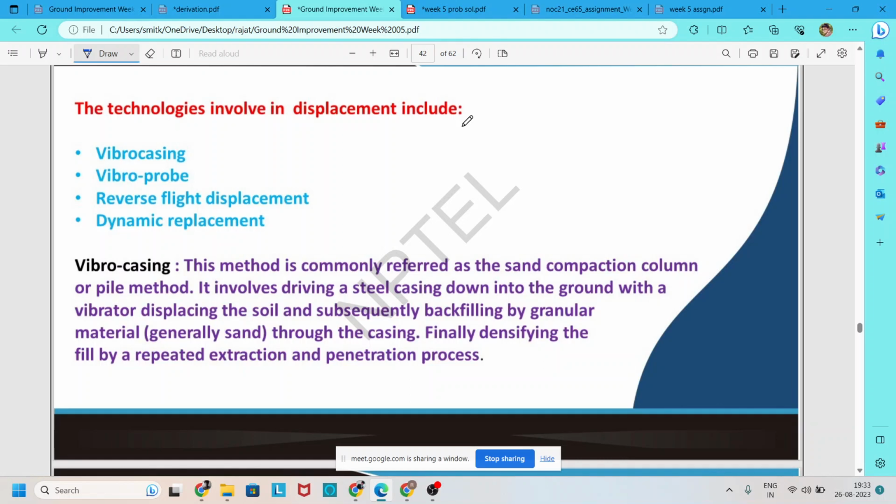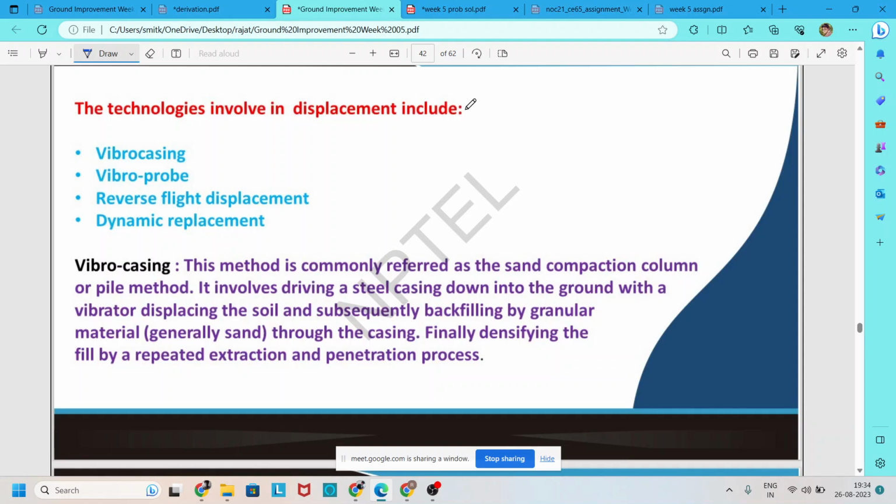Then we densify the fill material by a repeated extraction and penetration process. That means first we insert the steel casing by vibration, then fill the backfill material into the casing, and again apply vibration, with repeated extraction and penetration like that,